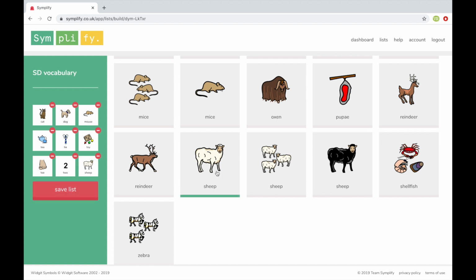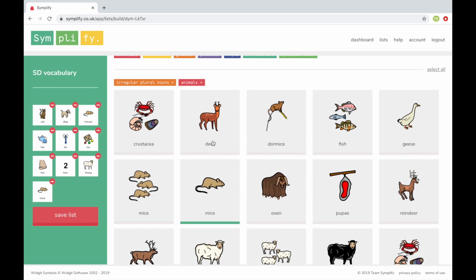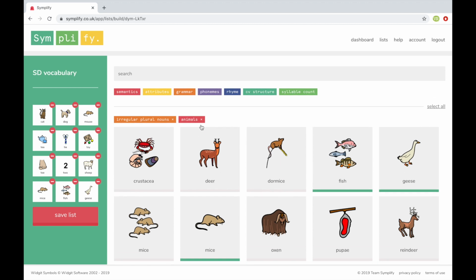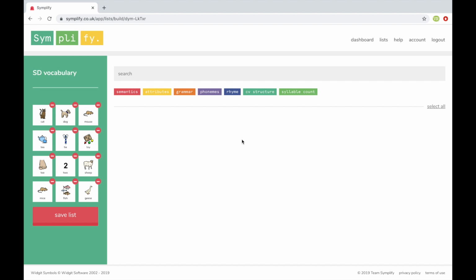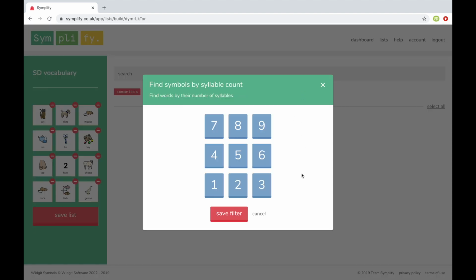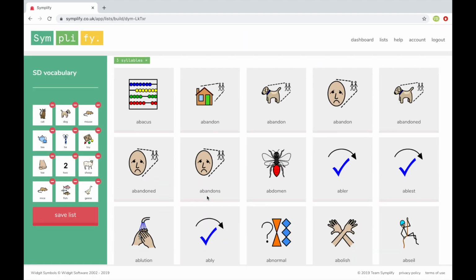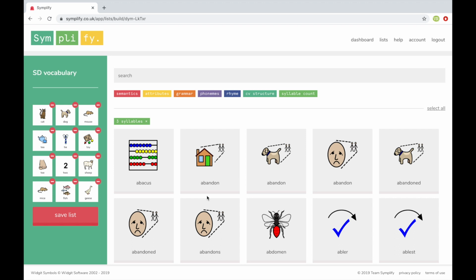So again, you can just pick from those and add them into your list. And away you go. Now, if you were working on multisyllabic words, you might want to start with, let's say, 3 syllables. Again, we've got masses of results, so you could then use a semantic category that the child